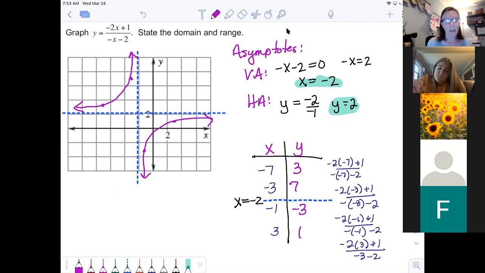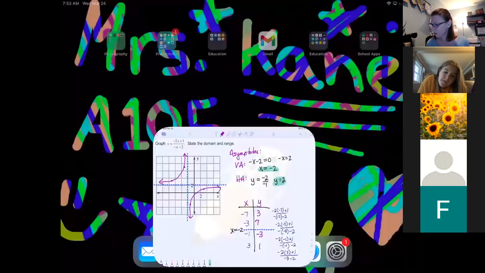The more you graph, the more comfortable you will become. And as I said, we're graphing all week. So we're graphing tomorrow, we're graphing Friday, we're graphing Monday even. So we will be spending a lot of time just on graphing these because we're going to kind of tweak this equation each day a little bit. And with a little extra that we tweak it, it'll add a little bit extra to the graph. So if you will go to Google Classroom,